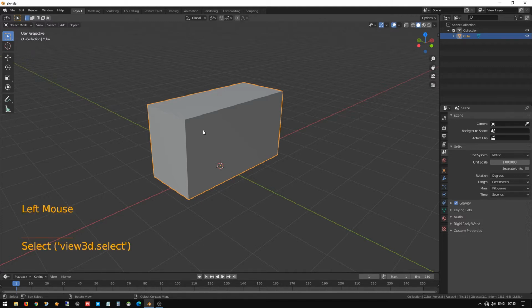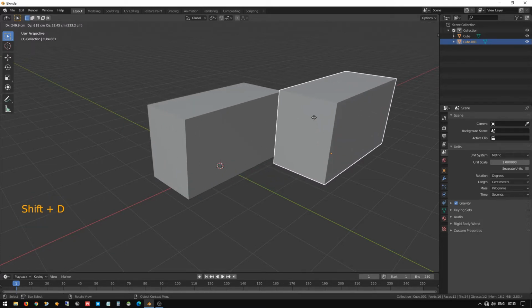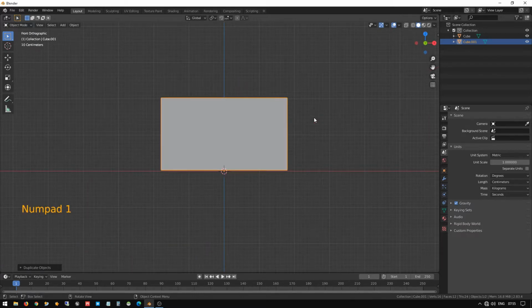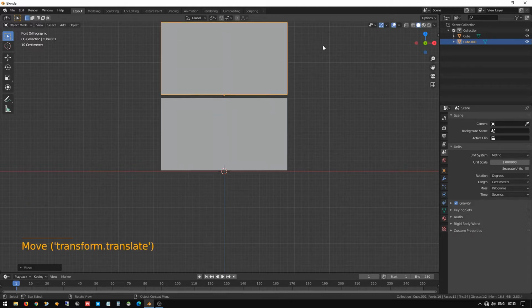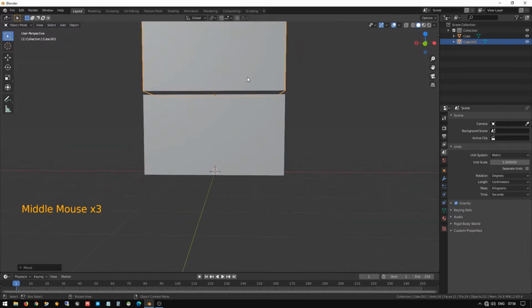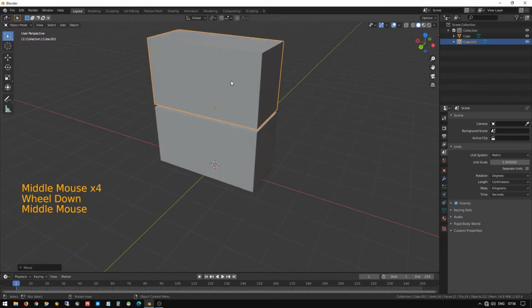Select the box, press Shift D to duplicate it, and right click to cancel, so it stays in the same location. I go to front view and press G Z to move it upward. Now we can see this pivot point is at the bottom of the selected object. I want it in the middle to design all the areas evenly.